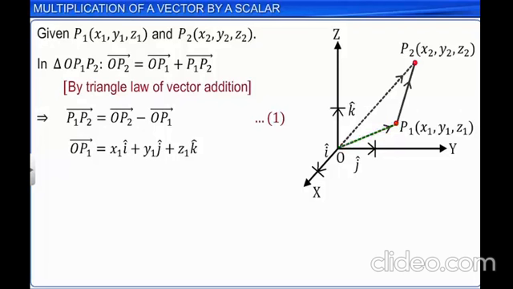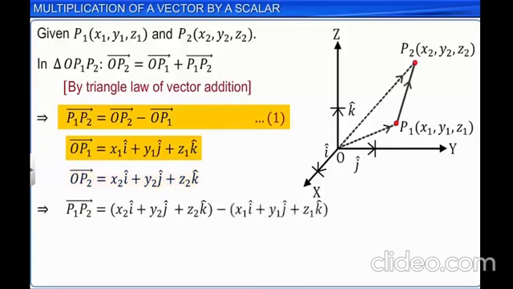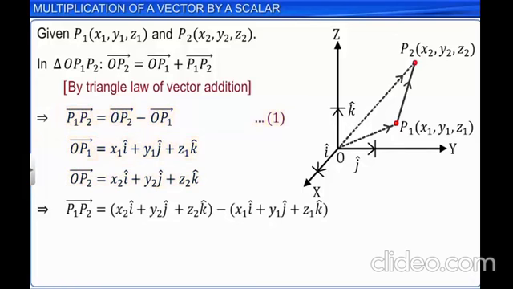Similarly, vector OP2 in component form is given by x2 into vector i plus y2 into vector j plus z2 into vector k. Let us substitute the component forms of vectors OP1 and OP2 in equation 1. On simplifying, we get vector P1P2